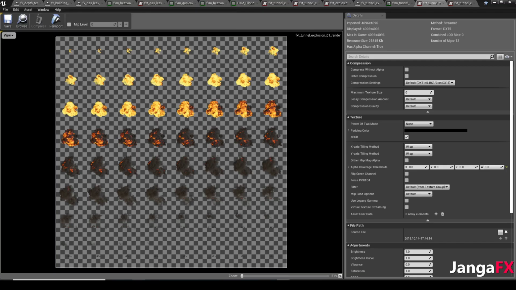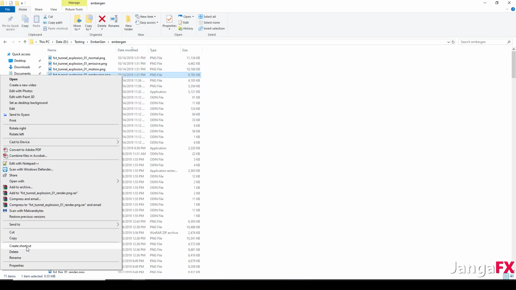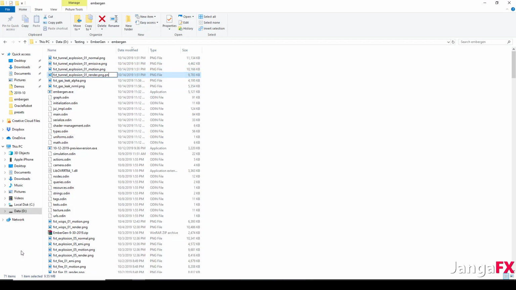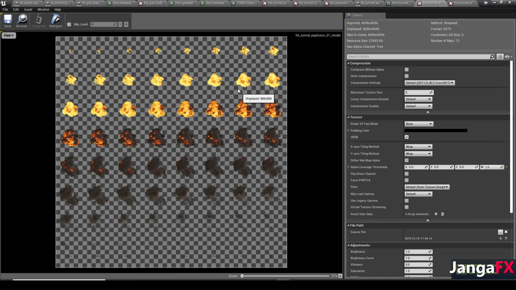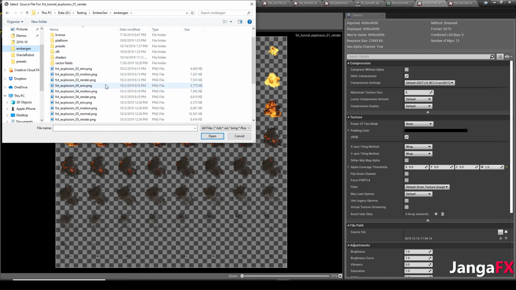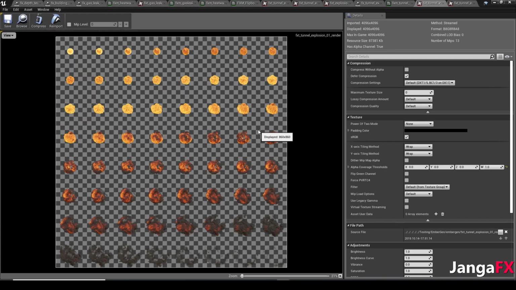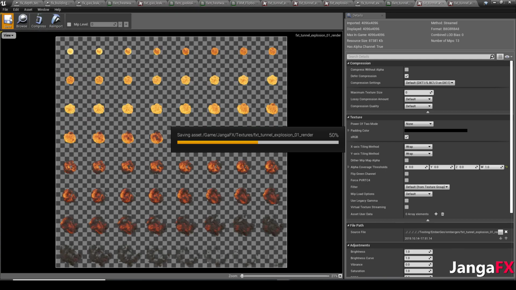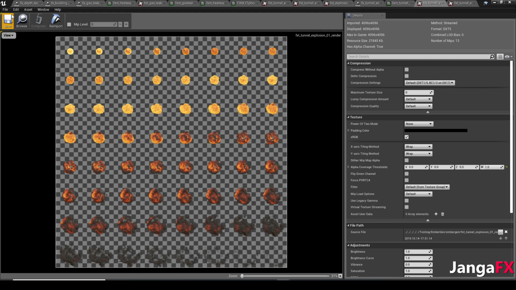I see what the problem is. PNG.png. Now re-import. All right, fine. Still not going to work. Explosion render. There we go. And like I said, we really should have tools to maximize the texture space,